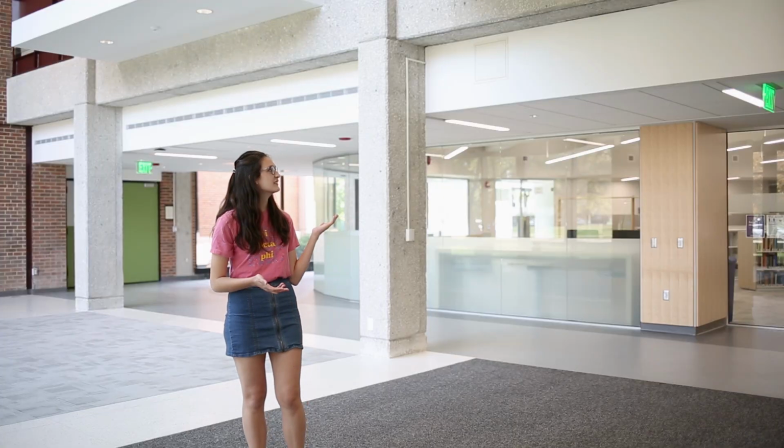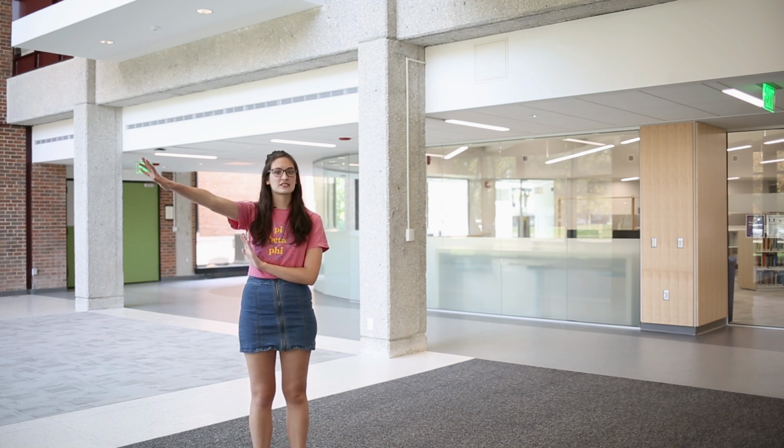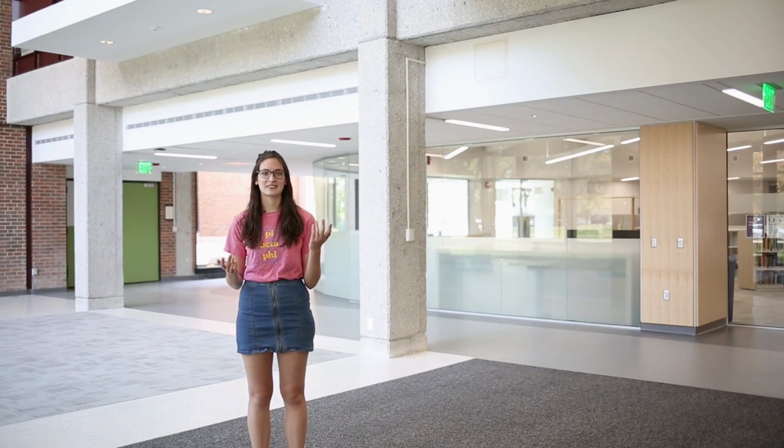So this is the atrium of SMAC. This part is completely new, and it is the part that is closest to the Seymour Library. In this space, there are study spaces up above where there are desks and places to plug in for you to do homework. Even when I was taking creative writing classes this winter, I would still come and write poems